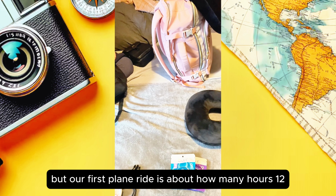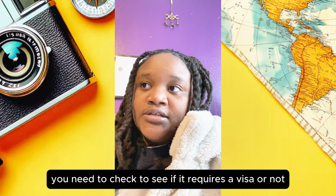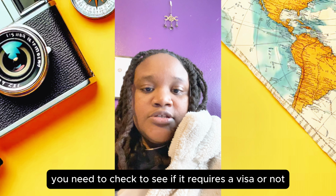What are the most important things to bring with you when you are traveling abroad? List. So number one is going to be your passport. Obviously, you need a passport booklet in order to travel anywhere abroad out of the United States. Number two, you're going to need your visas. So of course, before you leave, you need to check to see if the place you're going to requires a visa or not. If it does not, then good. If it does, then you're going to need to go to ivisa.com and do the application